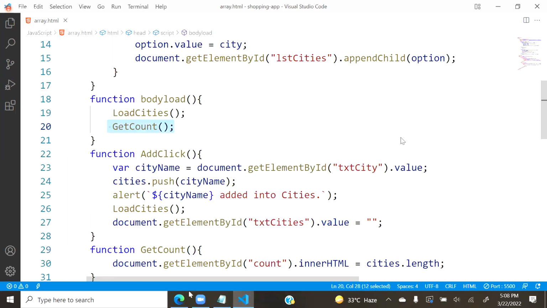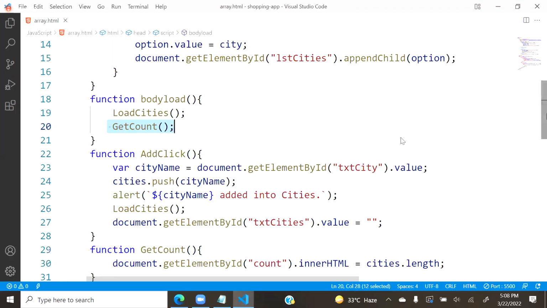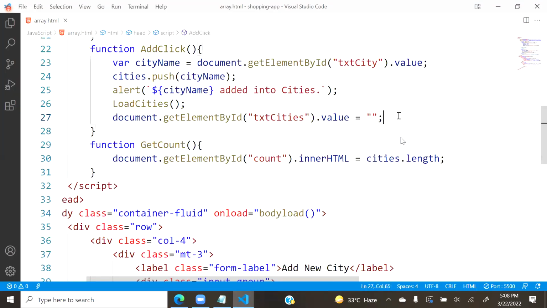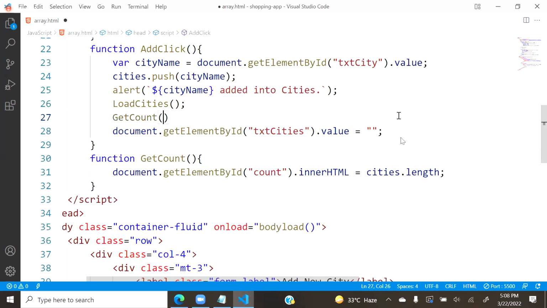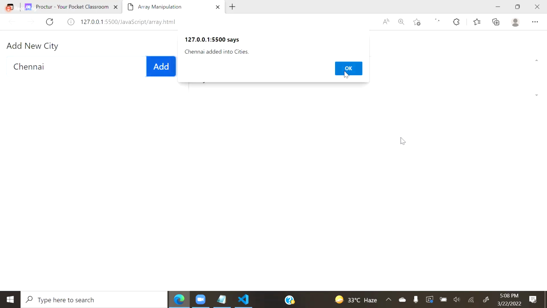When I call getCount, you can see it says 2. After adding also, I have to call getCount. That means after add click, loadCities and getCount. Now you can see I'm adding Chennai, click add, Chennai added to cities. Now the count